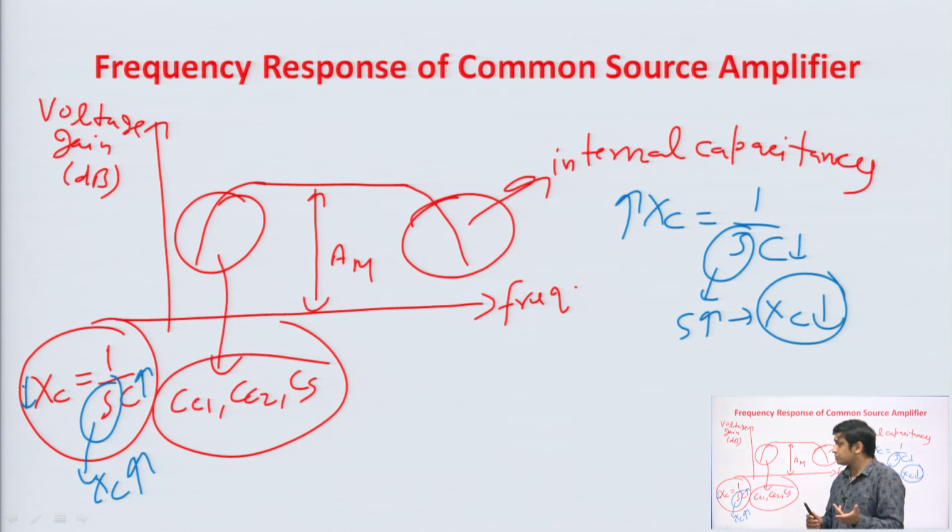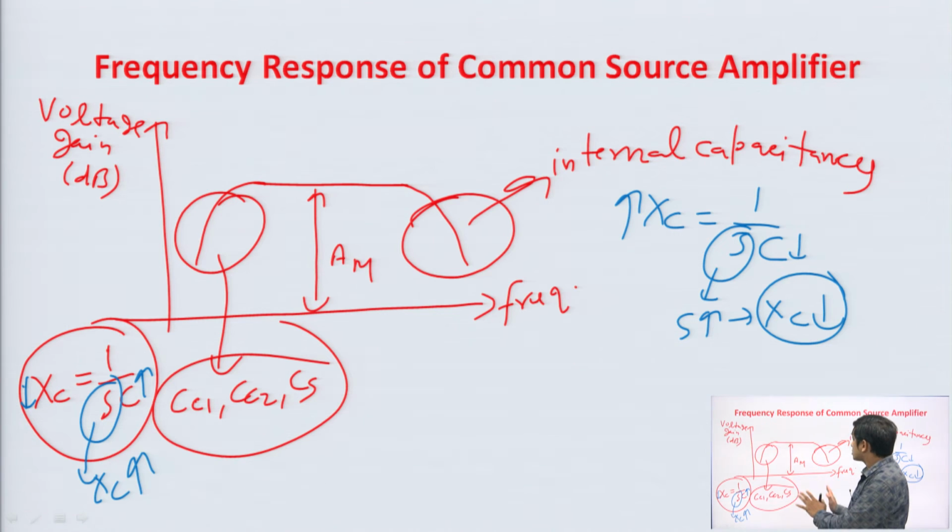But if we do not use coupling capacitors, then of course, at low frequency the gain will not reduce, but this is not our case. Here we are considering the discrete circuit, and in a discrete circuit we connect the coupling capacitors. Of course, in IC designing we do not use these coupling capacitors, because their values are in the microfarad range, and such a high value cannot be fabricated in IC designing. But here we are considering a discrete circuit, that is why we have considered the coupling capacitors and their effect on the frequency response: due to these external coupling capacitors, the gain is reduced at low frequency.